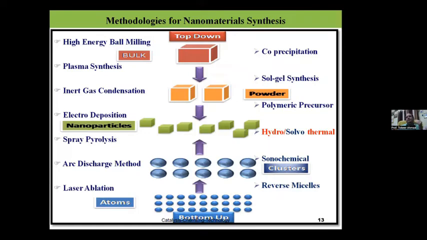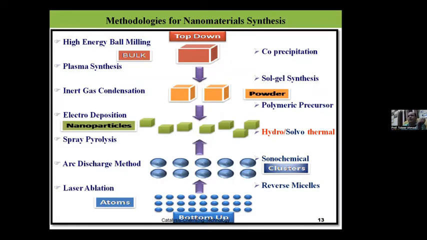In the bottom up approach, where we have the atomic size particles, we could condense by chemical means into the nano size particles. We have a number of chemical methods like the solvothermal, hydrothermal, polymeric precursor, sol-gel method, or the reverse microemulsion method to make the nanomaterials. These methods are called the chemical methods. Being chemists, we use all these chemical methods.